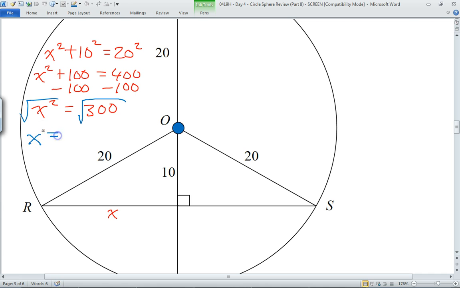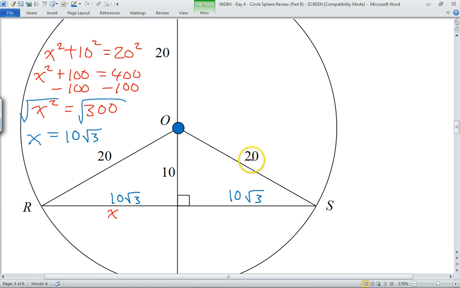Taking the square root of both sides, I get x equals 10 radical 3. So that means this is 10 radical 3, and this is 10 radical 3. Oh, guess what? It would have been a little bit quicker if I'd used my special triangle knowledge. Okay, in retrospect,